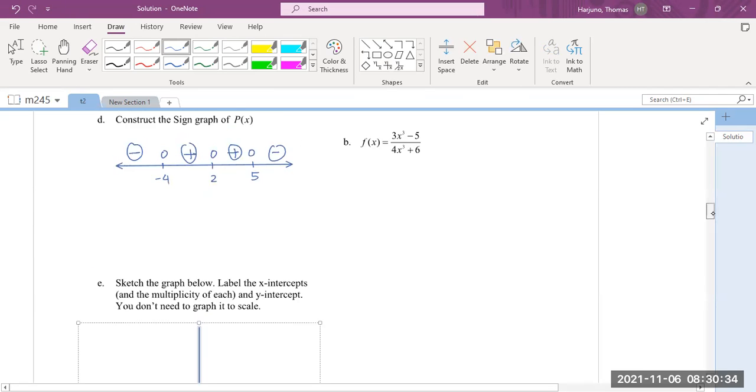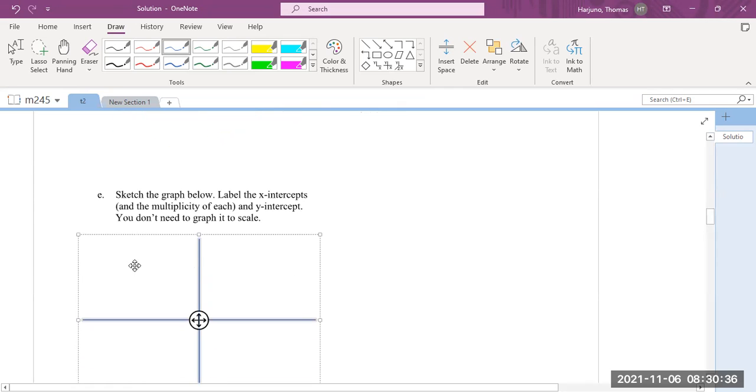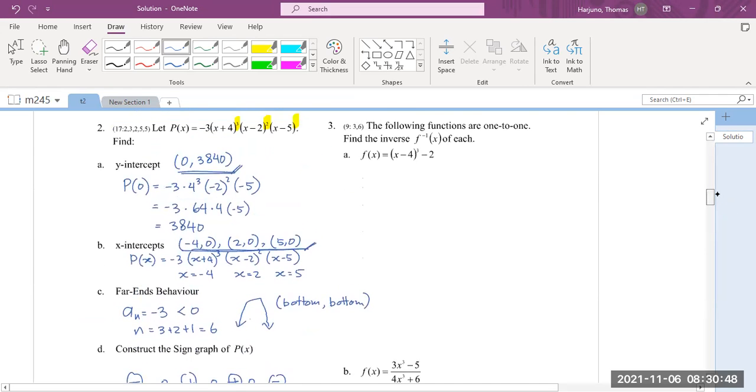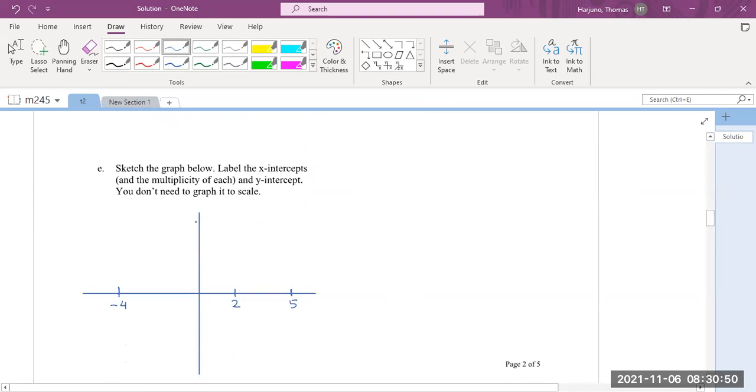Okay, we have (-4, 0), (2, 0), and (5, 0). The y-intercept is (0, 3840). Okay, and then the far end behavior